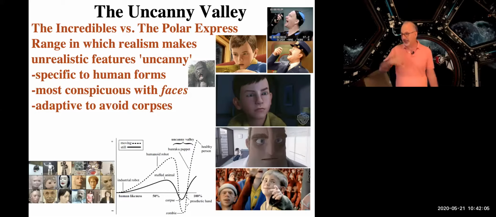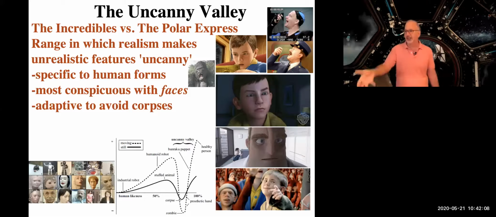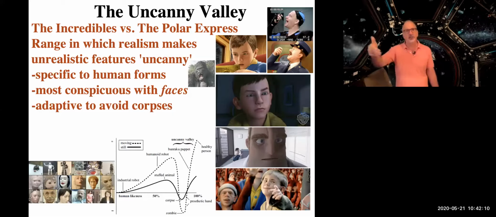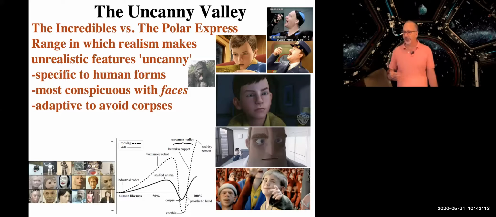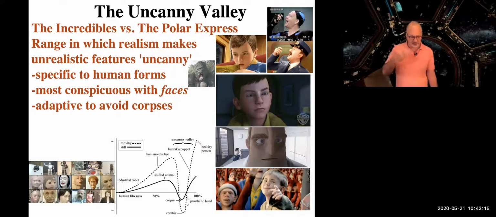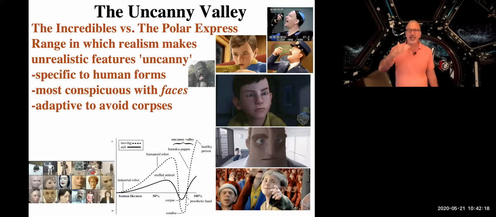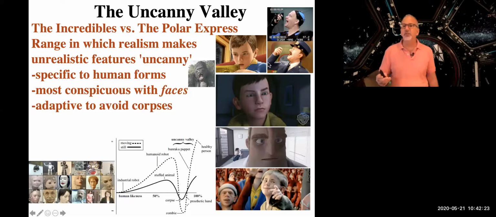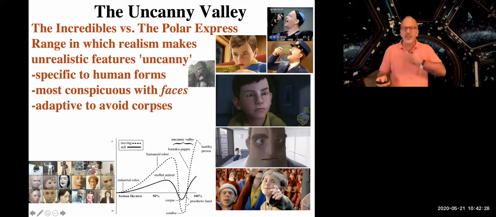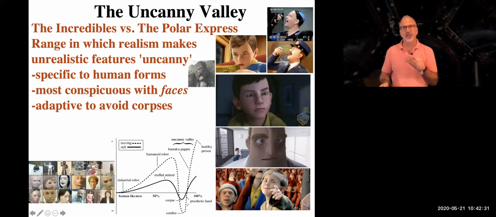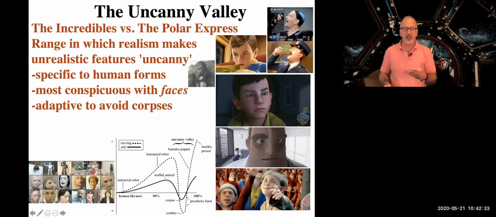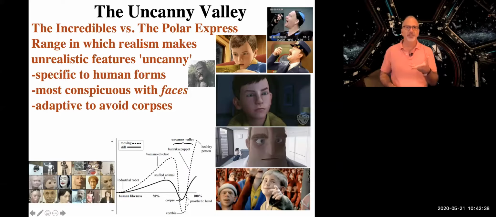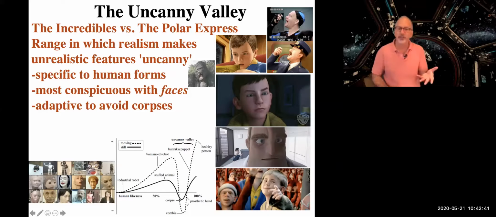And we probably have ways of identifying things that look like humans but don't seem alive in the right way, right? And so that adaptation has probably carried over to situations where you're seeing something that should look human but doesn't seem alive in the right way. And so the ickiness that we feel reflexively from seeing these things is probably related to our sensitivity to seeing corpses and staying away from them.